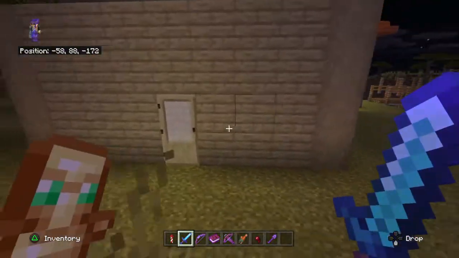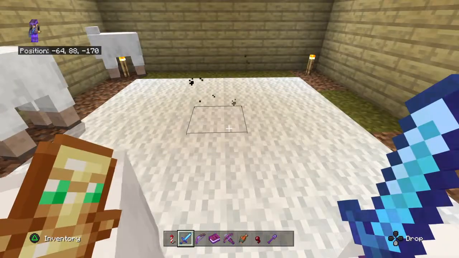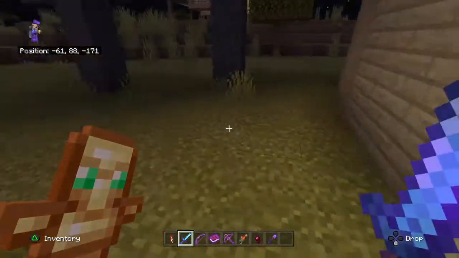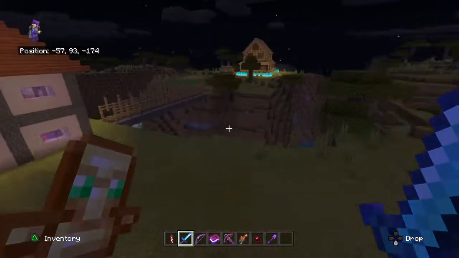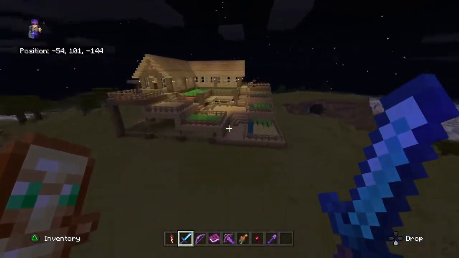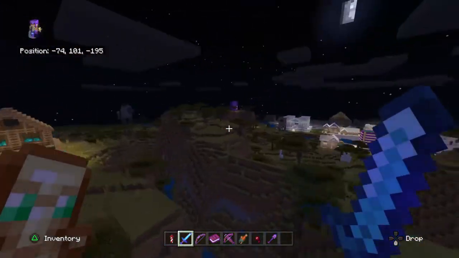Then this over here, I had a sheep breeder. Had some lava under there to give it a cool look. Oh no, that was actually one of the more recent things. So after that, we got...